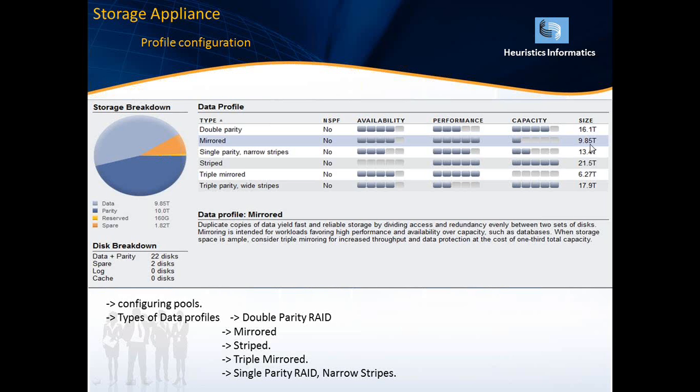So here for 18 disks, I can store only up to 9.85 TB, not more than that. So this is how I am decreasing my performance. Suppose I select the stripe concept, then there won't be any mirroring. Even if a disk is lost, the availability of data will be very low, but the performance will be higher, and the capacity is increased to 21.5 TB.